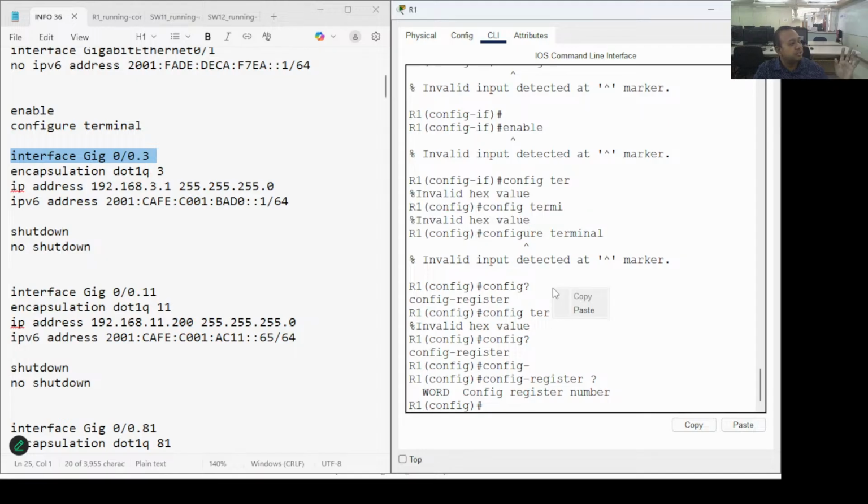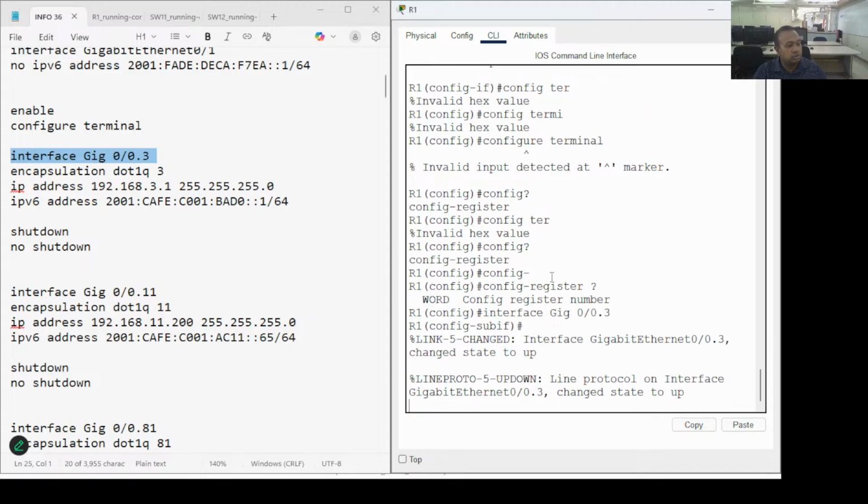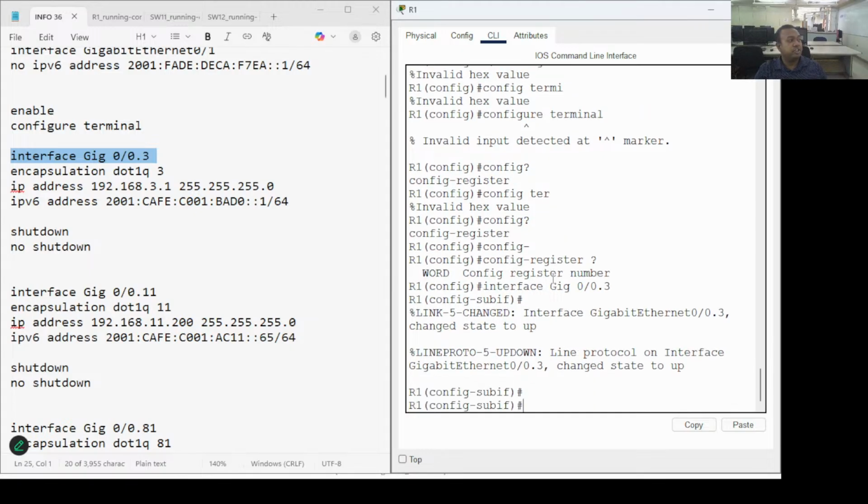Because once you type the interface in, it's going to go into interface configuration mode one time. Now the thing is, because the interface is virtual, it didn't exist before. The moment we enter this value, gig 0/0.3, it's going to create the interface for you. So if it didn't exist before, it's going to create it, and that's why it became up. Now because the physical interface 0/0 is already up, the virtual is going to come up